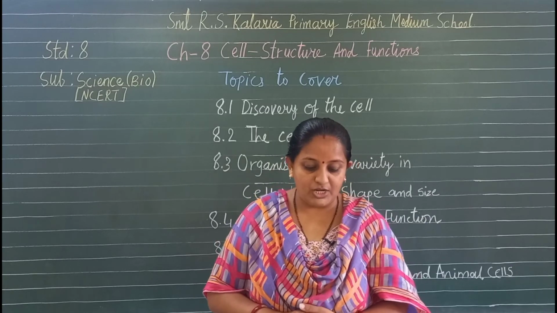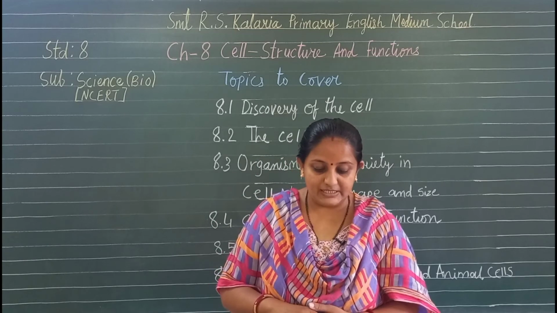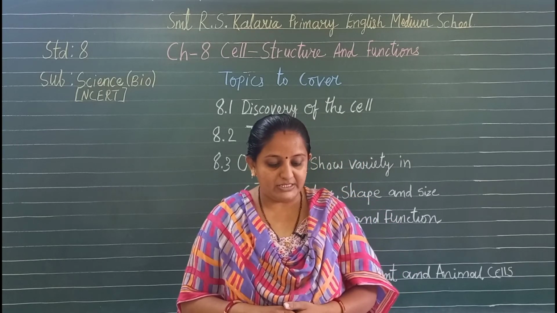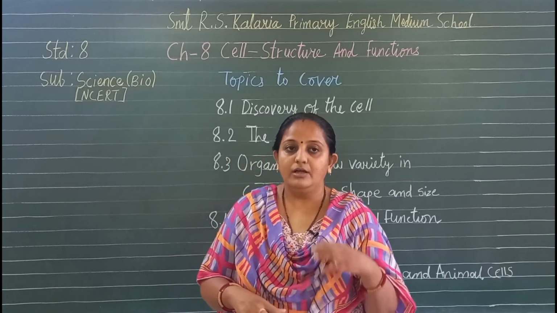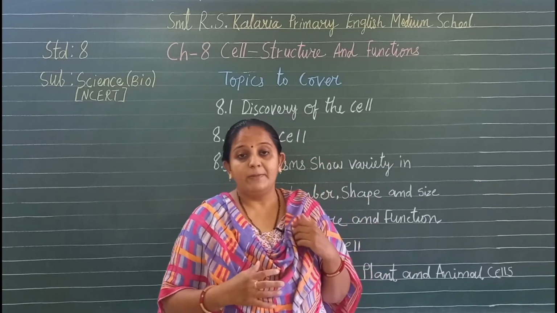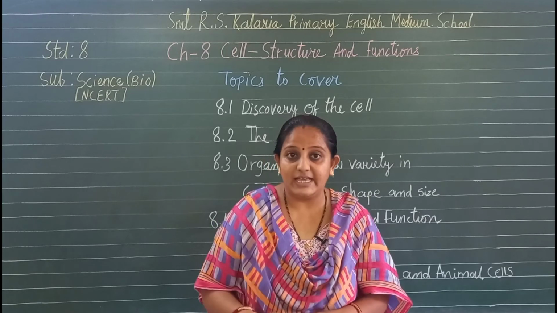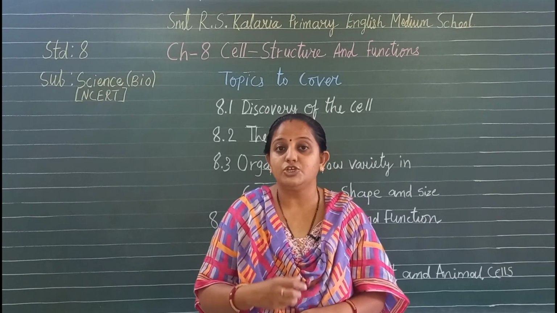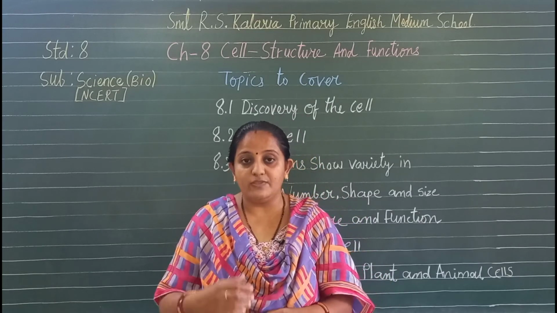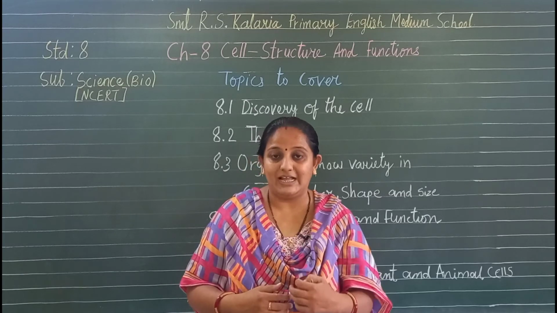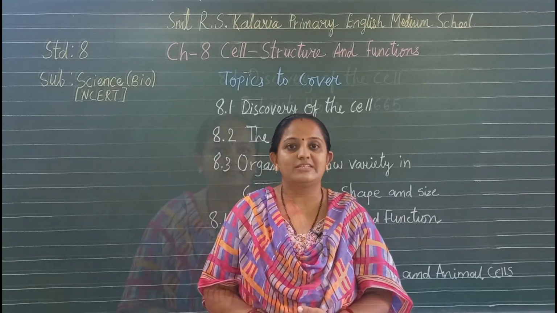So in this chapter you shall learn about the basic structural unit of an organ, that is the cells. Now cells may be compared to bricks, and bricks are assembled to make a building. Similarly, cells are assembled to make the body of every organism. Now we know that brick is very important for the construction of a building, isn't it? In the same way, cell is a very important part, or we can say unit, for the making of the body of a living organism. So in this chapter we are going to understand about the cell structure and its different functions. So let's get started with this chapter.